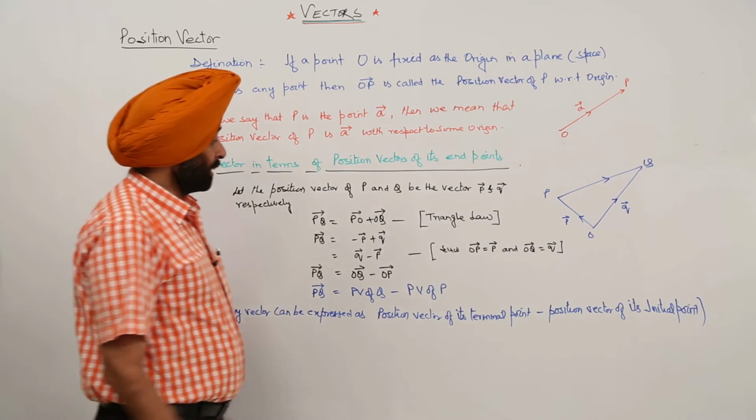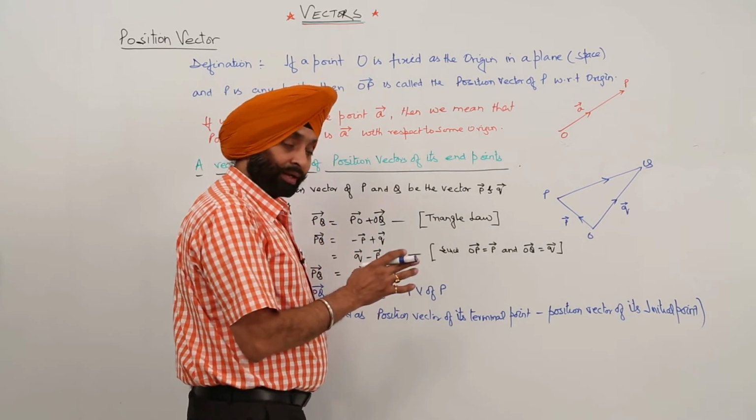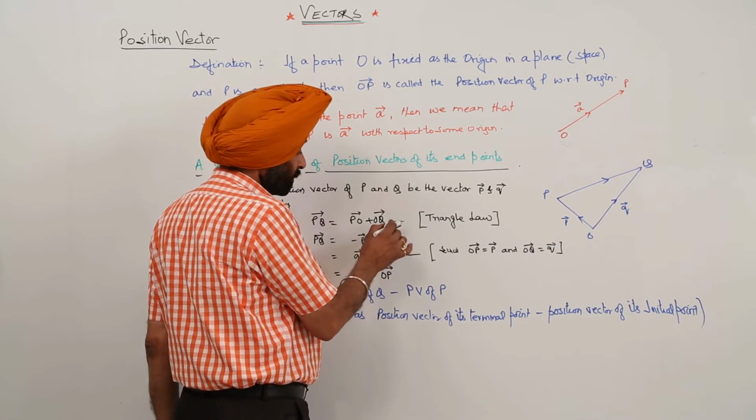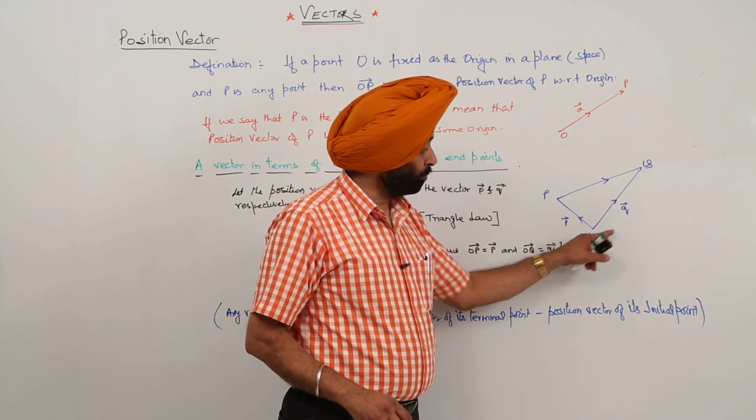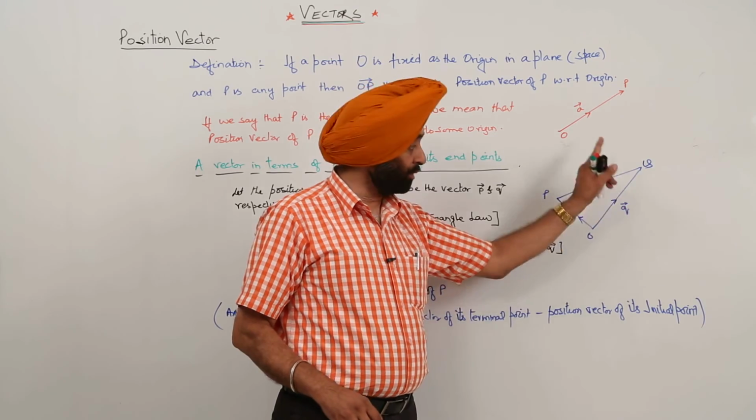And if you still find a little bit of difficulty with this, for the triangle law, you can just move from the origin and make a parallelogram here instead of a triangle.